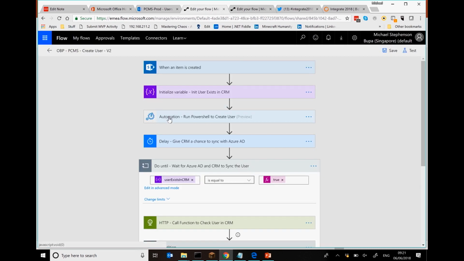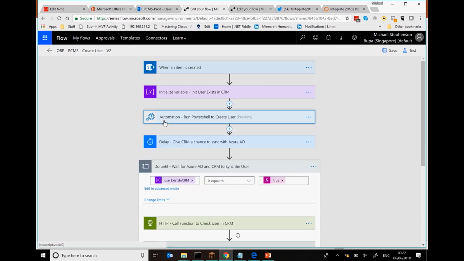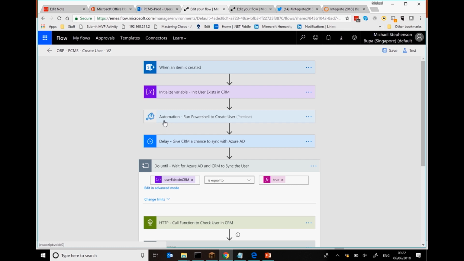When you're looking at this, people probably think, well, there's a couple of different ways I can execute these technologies. One of the common questions is why didn't you put the PowerShell into functions instead of the runbook? Well, I played around with both, and one of the good things is the automation connector straight out the box has all the designer stuff to support parameters and pointing to the runbook I want. In Azure, I've got the gallery of runbooks. So if, like me, you don't do PowerShell all the time, so you're not the best in the world at it, but you're competent enough to get by, what you might do is go to the gallery, pinch somebody else's PowerShell, and then just modify it.